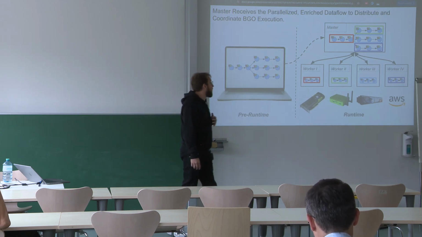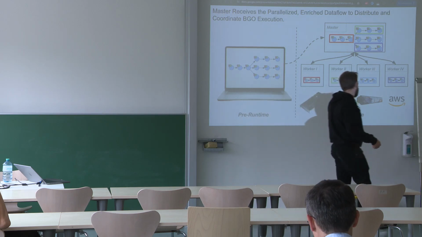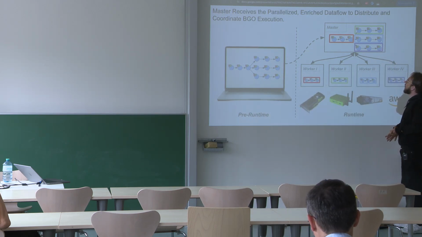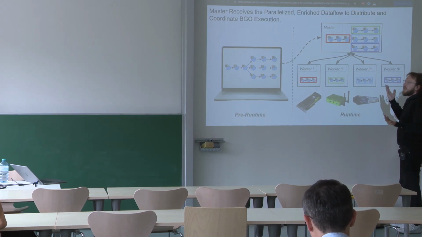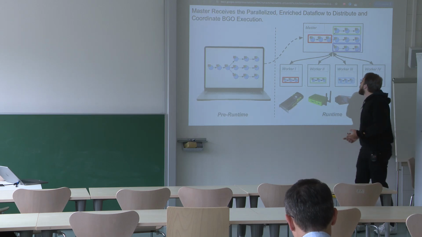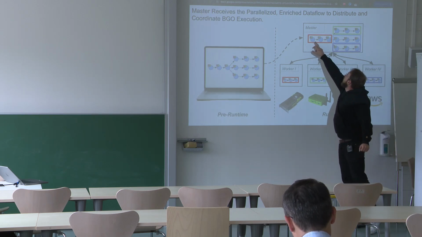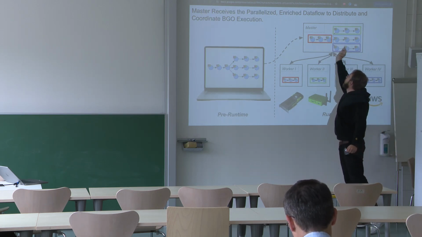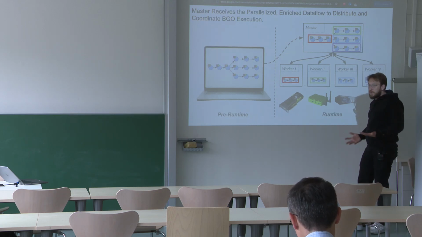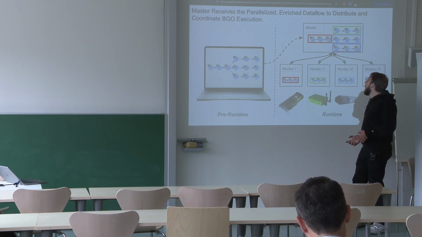And send it to the runtime, to an execution unit, which I call the master, but in the project is called the choreographer, in which a decision is made. So that's a classic distributed state machine, Petri net kind of thing, in which we push a token from one of these BGO descriptors to another. And when we reach one, we make a decision on which device we actually want to schedule.